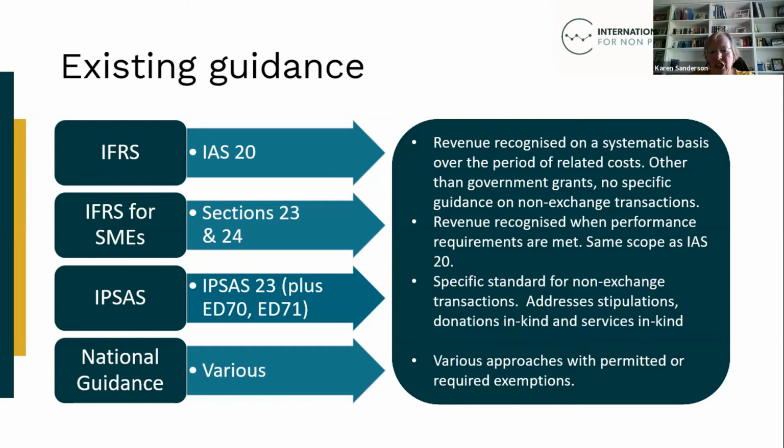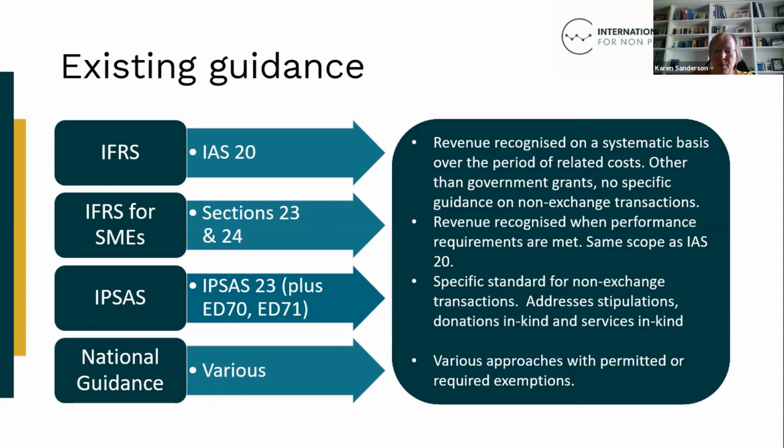While the provisions in each set of national standards are different, some of the approaches include where items are donated for resale and are impractical to measure, allowing for revenue to be recognised when the items are sold rather than when they're received. They include provisions addressing donated items for distribution, where a reliable measurement on receipt is impractical, either allowing that a revenue and expense is recognised when the item is distributed, or another approach that says no revenue or expenditure is recognised for these items. So quite different approaches there.